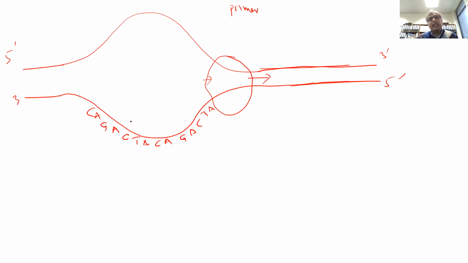At this position, another enzyme comes in, which we call primase. Primase adds just a small single-stranded RNA molecule. Let's say the RNA molecule added here has the sequence G, U, C, U. This is 3 to 5, and this is 5 to 3. Since this is moving in this direction,